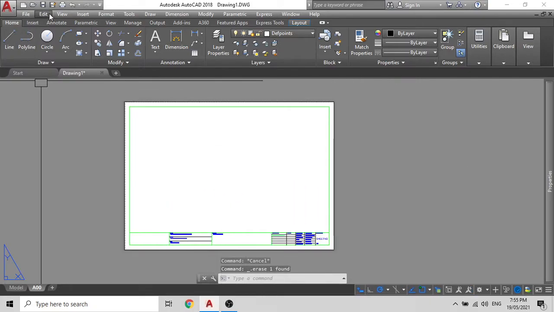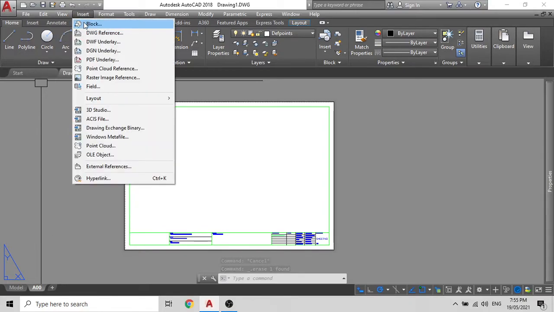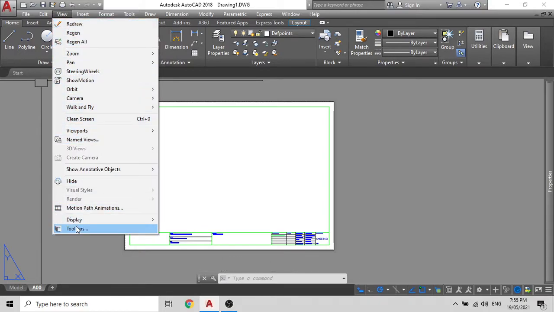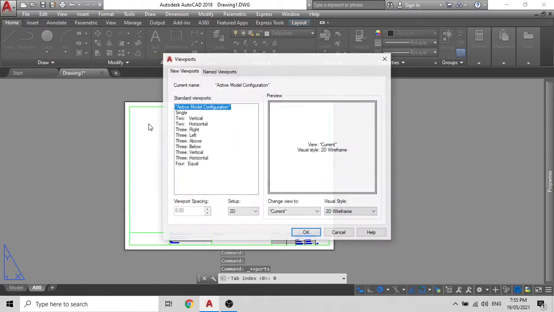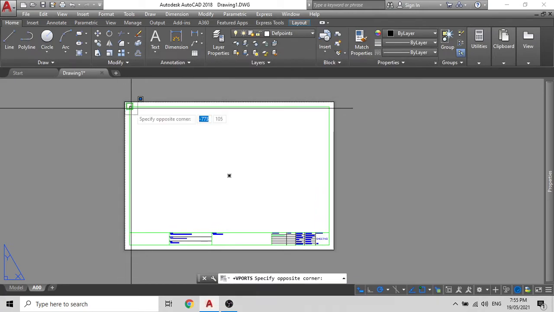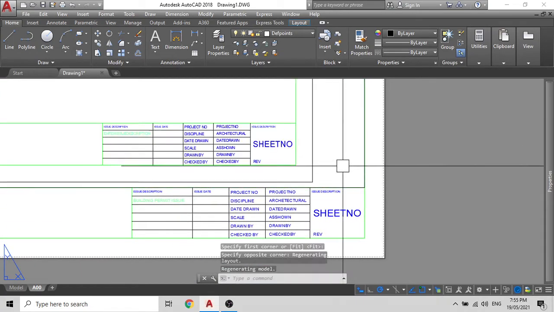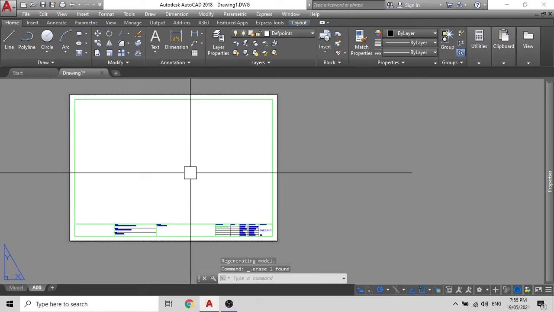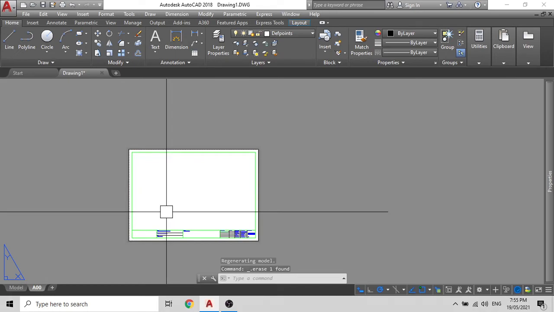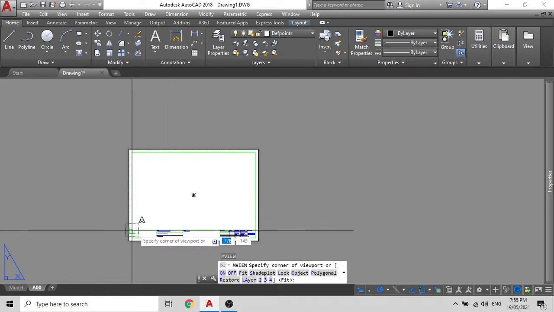Method number 2 is if you want to create a viewport, you can click on view. Then you can look for viewport here. So you can say just a new viewport and it will give you this window. Single viewport, select single. And these don't have to change anyway. And click on OK. From there to here or the other way around. So now that you know how to insert a viewport, we'll use commands because commands is much faster.